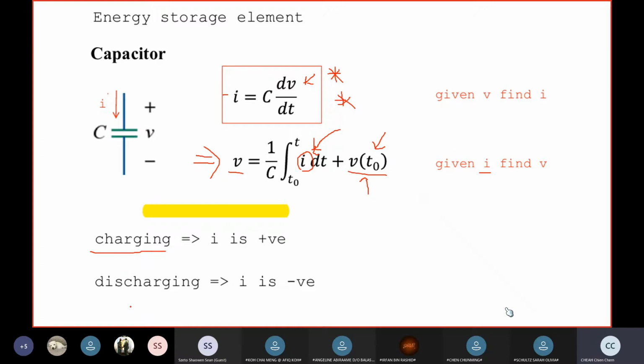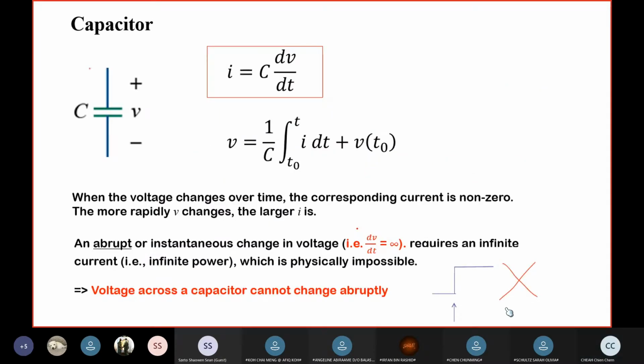Now, as I said, this important equation tells you all the properties of the capacitor. Firstly, when there's a change in voltage over time, dV/dt, the current is non-zero. Well, obviously, if dV/dt is not zero, your current is not zero. Now, the faster the change of voltage, meaning the larger the value of dV/dt, the larger the current. In the extreme case where your dV/dt is,